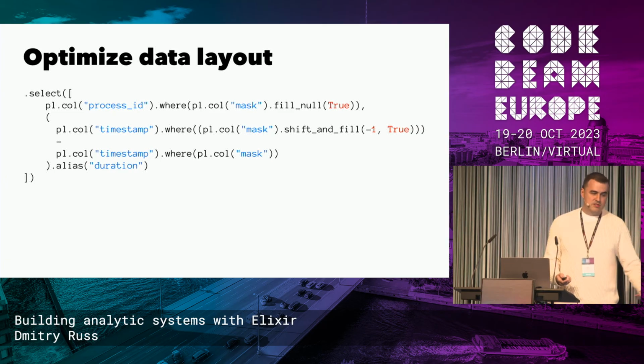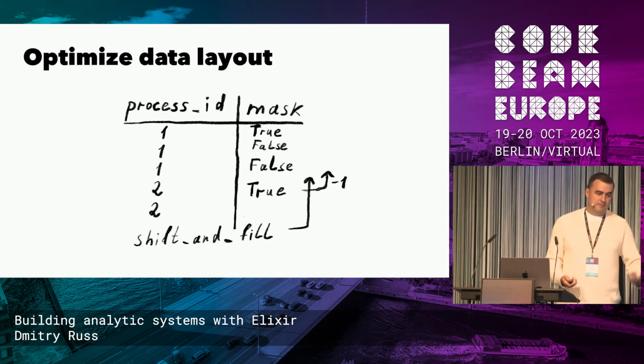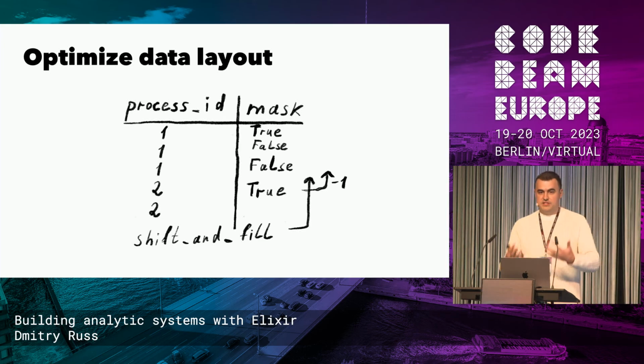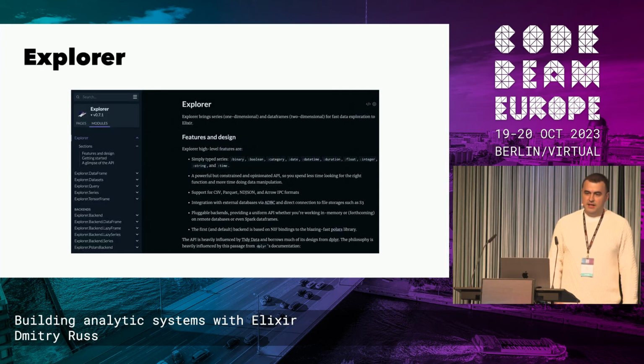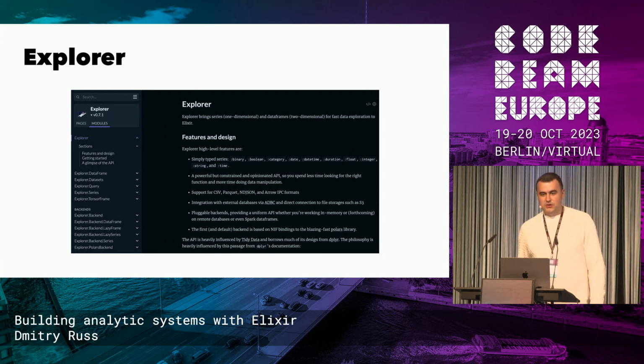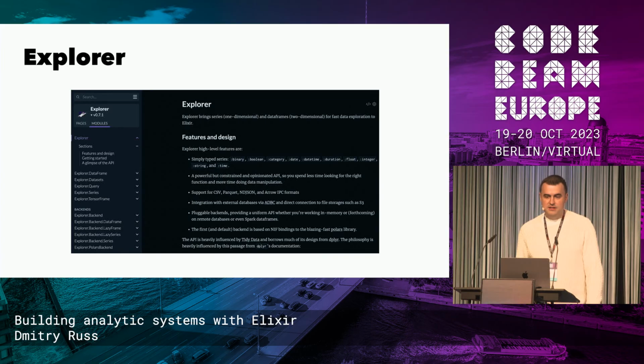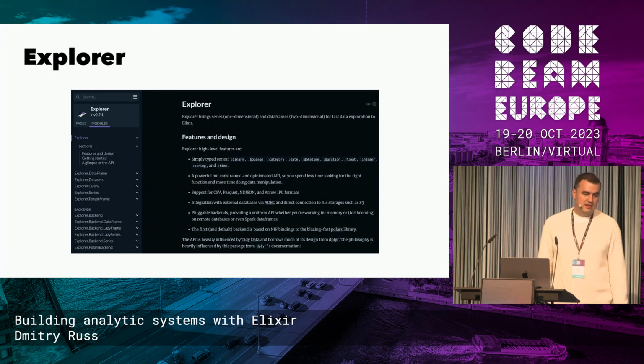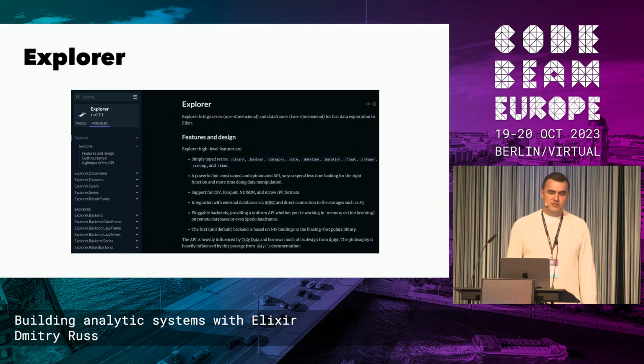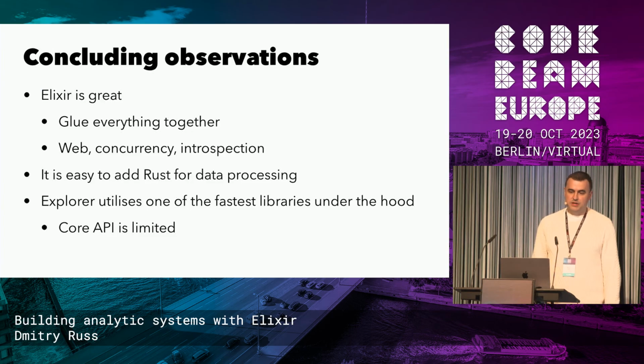And that's what allows technologies which are built for vector processing to do this. One note: Explorer actually uses Polars underneath. It doesn't have shift and fill missing, but it has some functions already which are probably sufficient to use this technology. But the API from Explorer is currently not as advanced as the Python one.